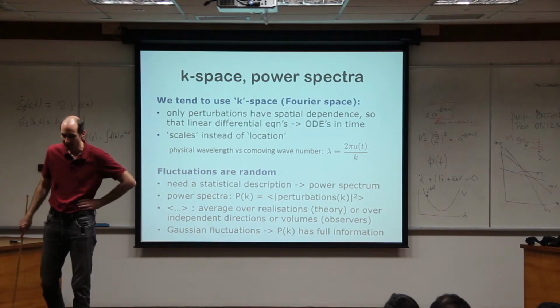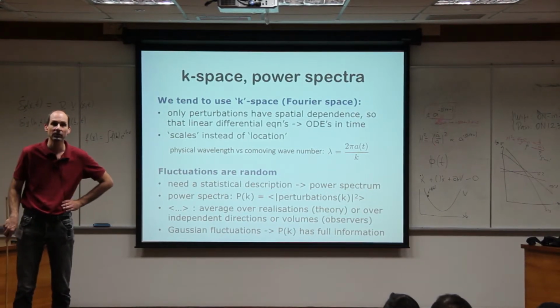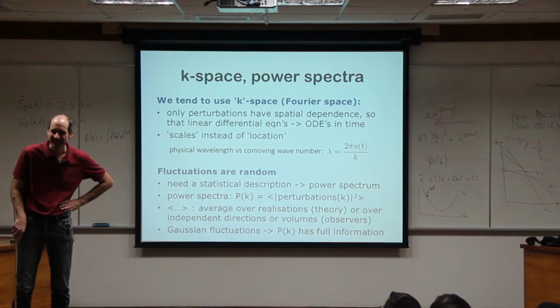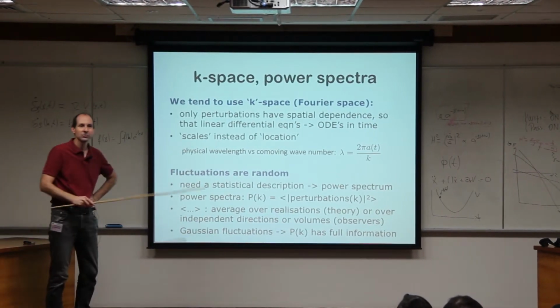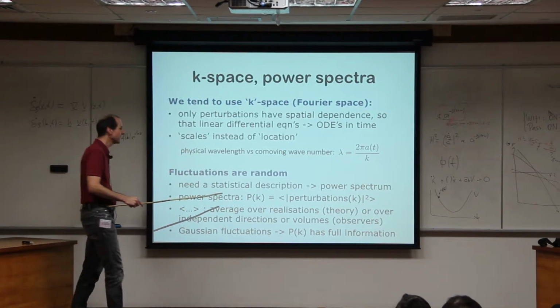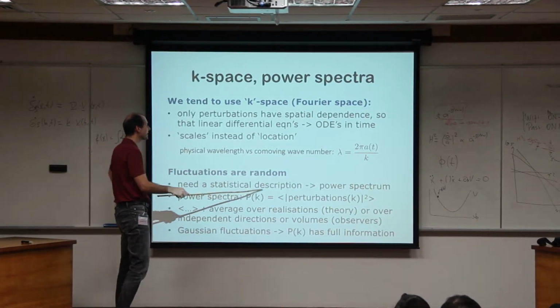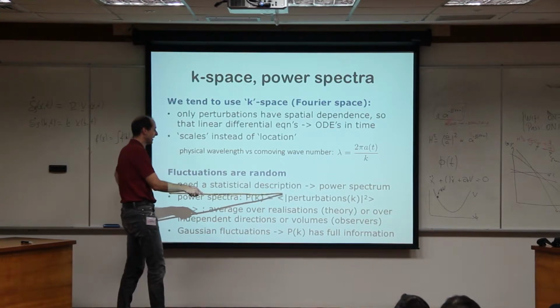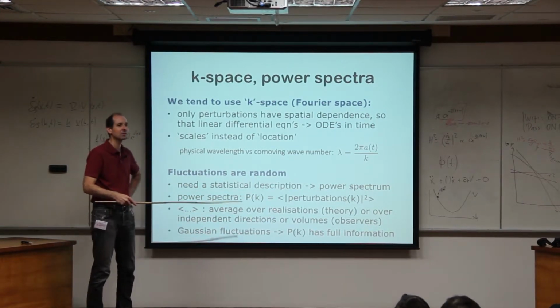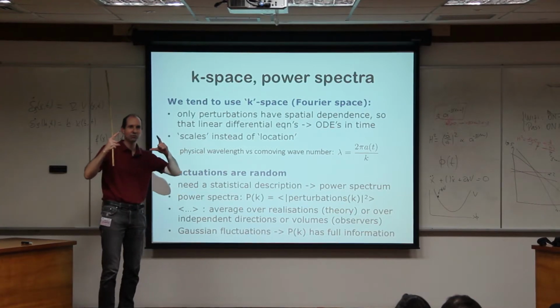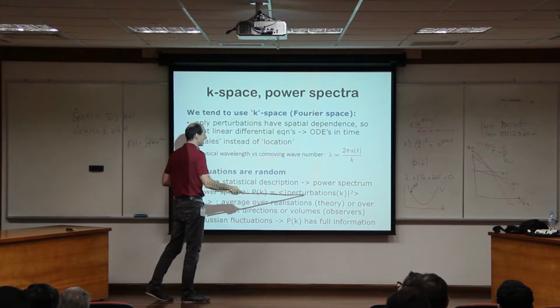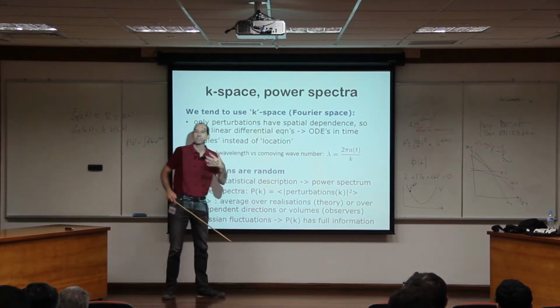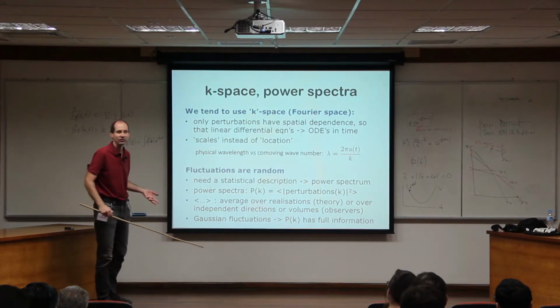And what describes a Gaussian distribution? A Gaussian distribution function. Yeah, mean and standard deviation, exactly. So here we usually work with zero mean. So the mean is 0, and so we really only need the standard deviation or the variance, and the variance becomes a function of k. So if you have 0 mean, the variance is the expectation value of the random variable squared. And so you see this is the power spectrum, exactly the expectation value of your random variable squared, except that it's a function of k. It's not just a number.